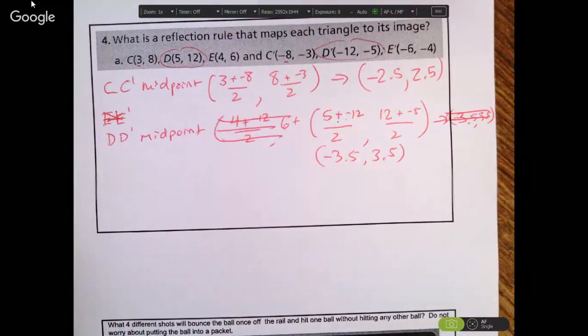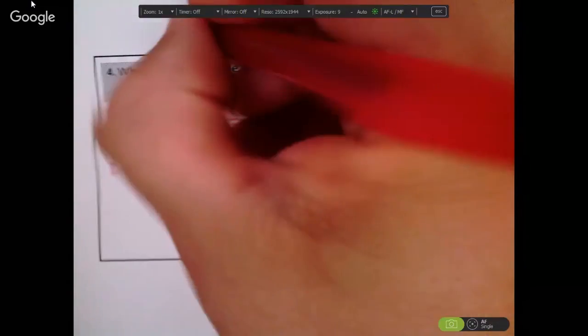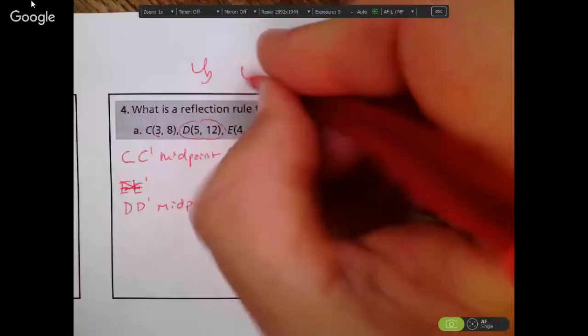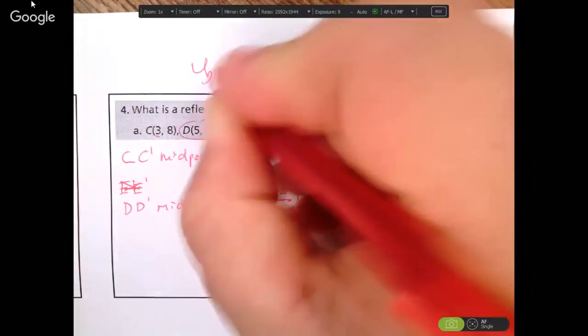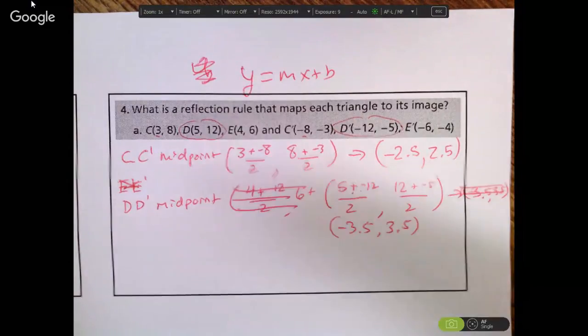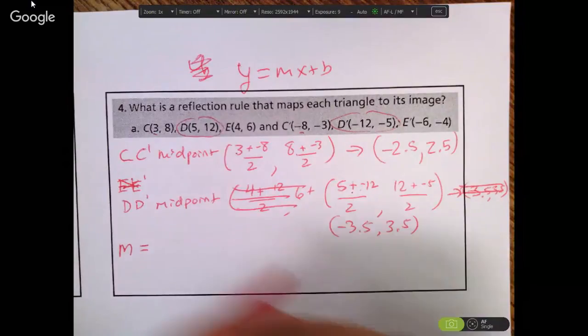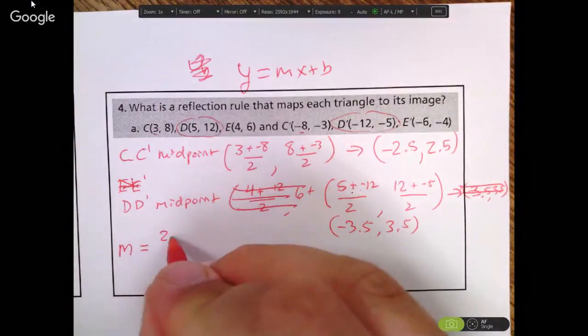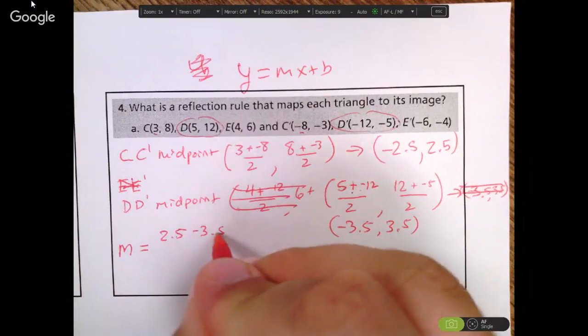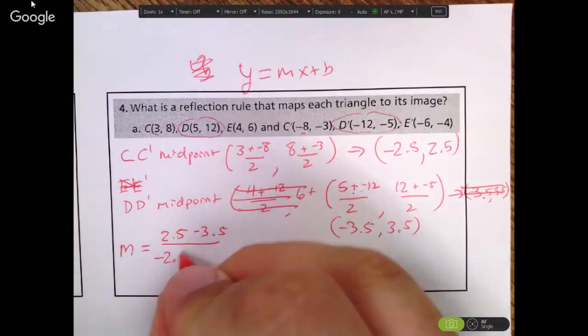Now we have to find the equation of the line through the points. To write the equation, just remember we need y equals mx plus b. We need to have our m and our b. So how do we find our m? Change of y over change of x. So our m equals, our y is 2.5 minus 3.5 over my change of x, which is -2.5 minus